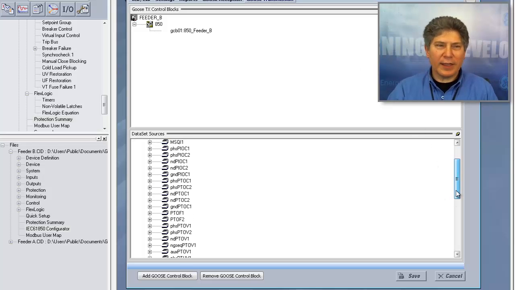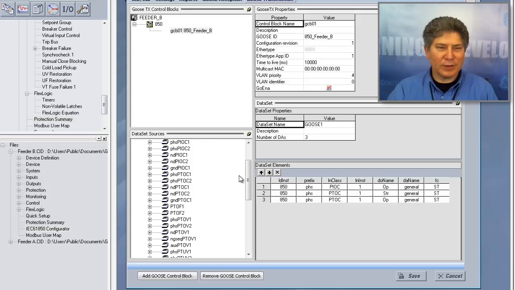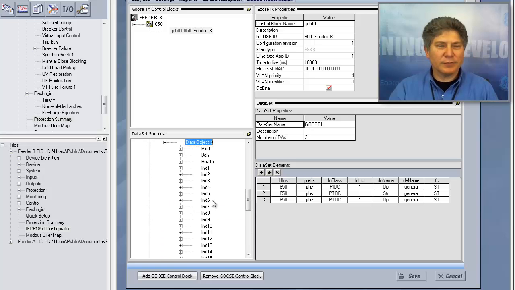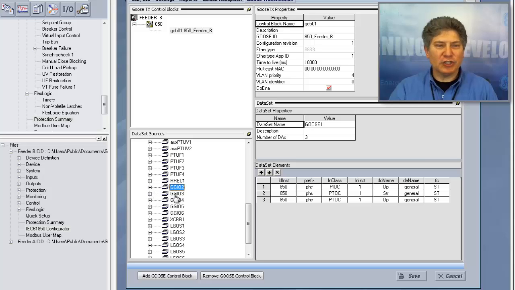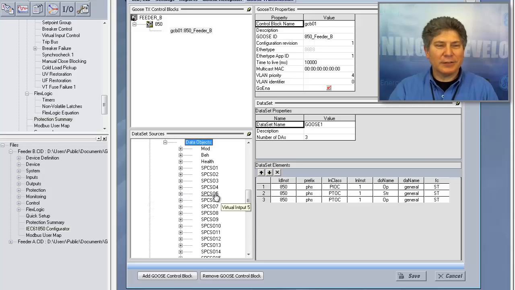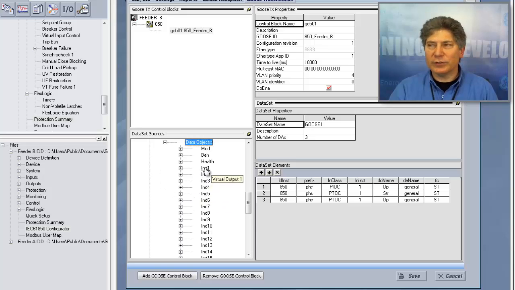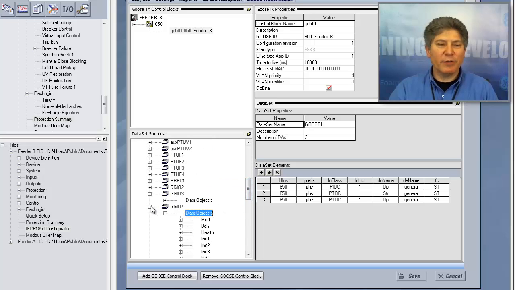One of the things I didn't mention is the generic inputs and outputs. So when I pull the cursor over it, it tells me what these are for. Here are my contact inputs, our GGIO2. These are contact inputs. GGIO3, one moment. So GGIO3, this is our virtual inputs. And last but not least, well, actually there's a couple more here. So GGIO4 is our virtual outputs. Number 4 is the virtual outputs. Number 5